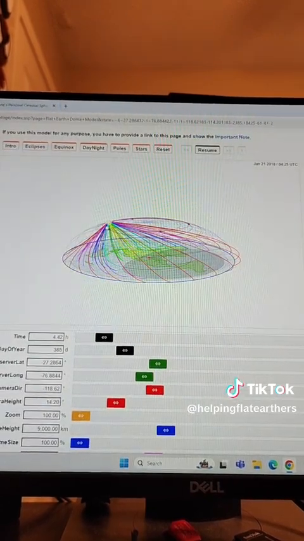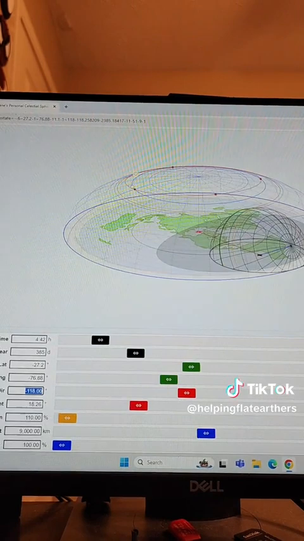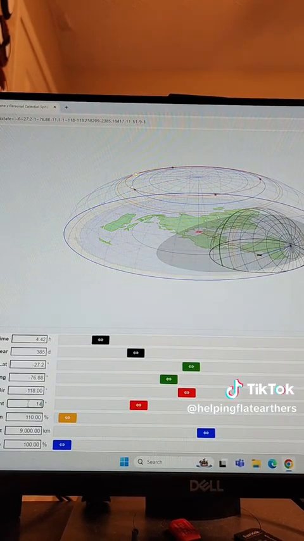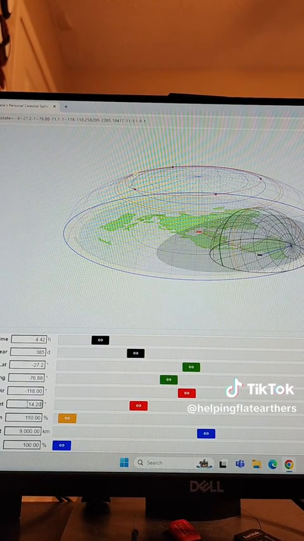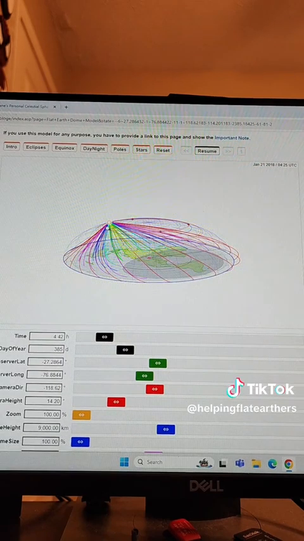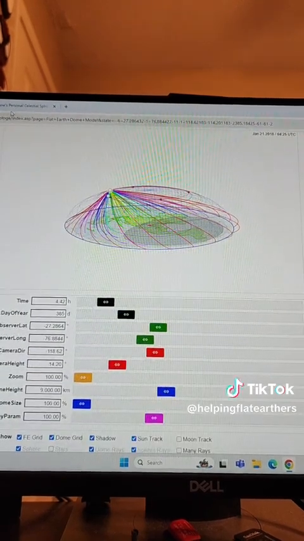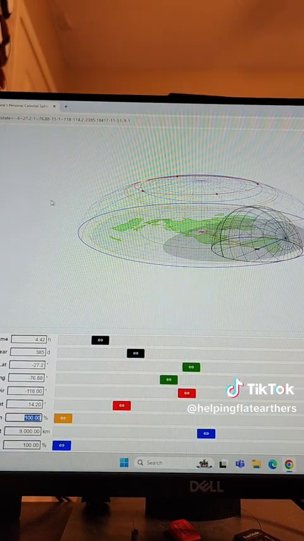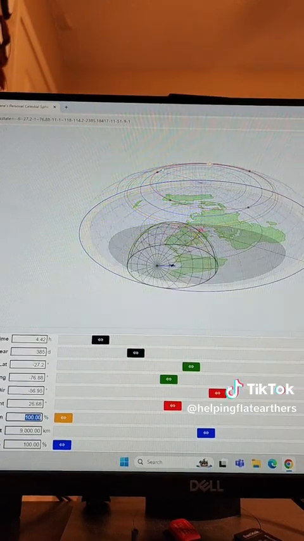And let's see what else. 1420 and 100%. 1420, and zoom is at 100%. Dome height is both at 9,000. Dome size 100 and 100. All right, so looking at these, having both of these set up,